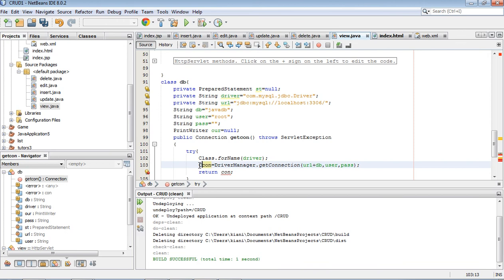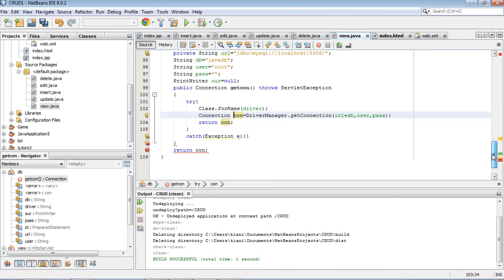Okay, so we will pass this and we return this connection.